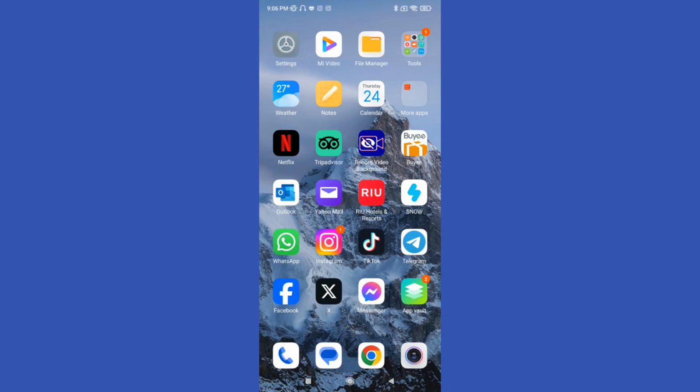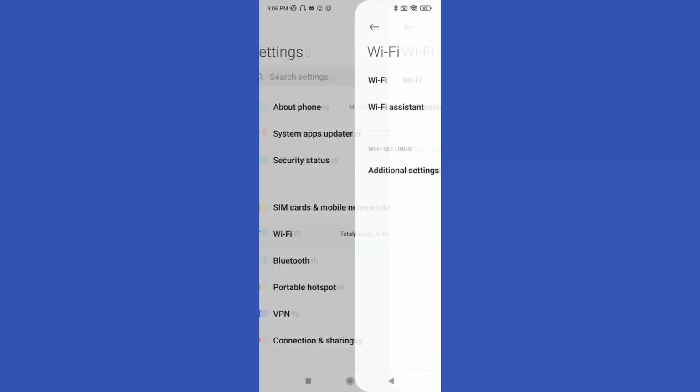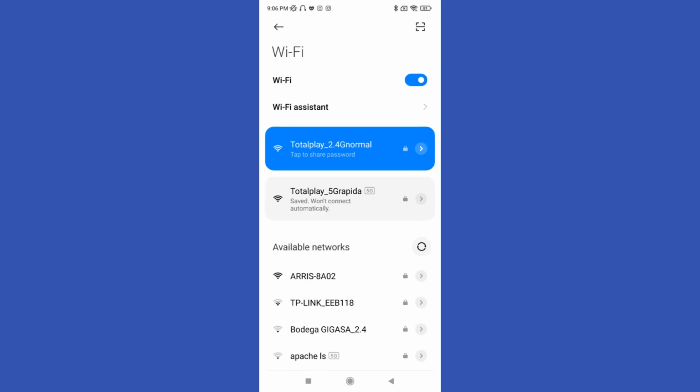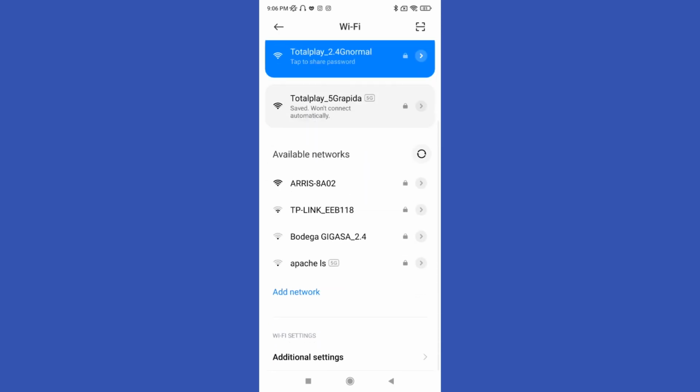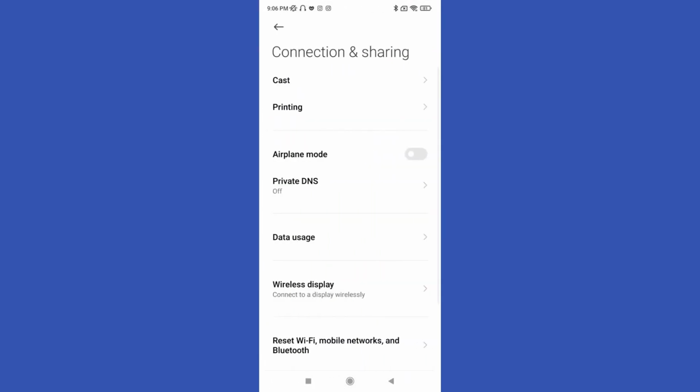So the first tip is go to settings and then let's check our Wi-Fi connection. So we have to check if our Wi-Fi is working correctly on our device. If it is not working correctly, so the connection is bad, probably you will have problems with this, so you have to check this. And in case that your Wi-Fi is wrong, you can restart the Wi-Fi over mobile networks,